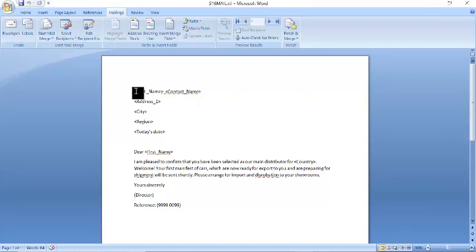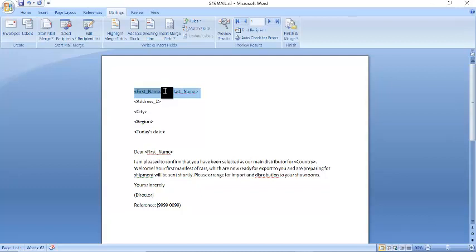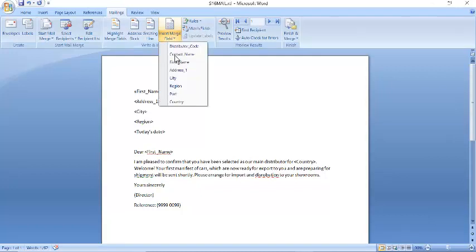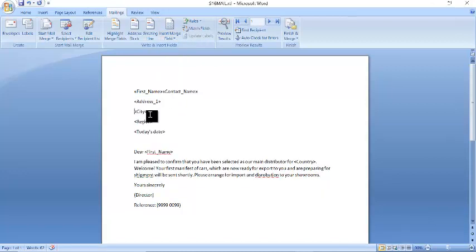So here we select or highlight everything in the triangular brackets, open and close, and then replace them with their right field. So here I go to the drop down and choose first name. Go to the next one, which is a contact. Make sure it is exactly on it, and then the next one is contact name, so I replace that. The next one we have is the address, so go down and select address, and then we move down to city,